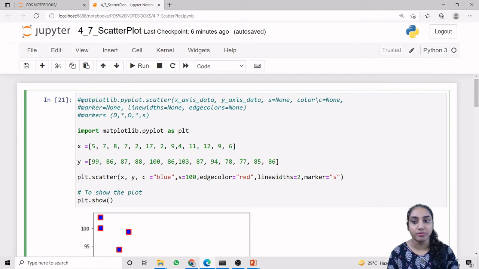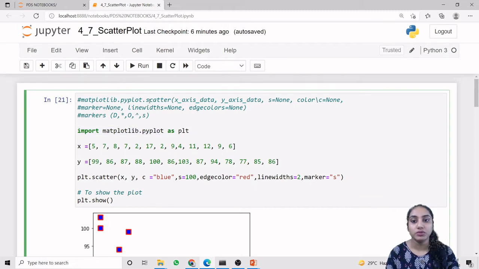So for the scatter plot representation we can use the scatter method, which is under the matplotlib.pyplot library. So first of all we need to install this matplotlib library, and then after we need to use this import statement, that is import matplotlib.pyplot.